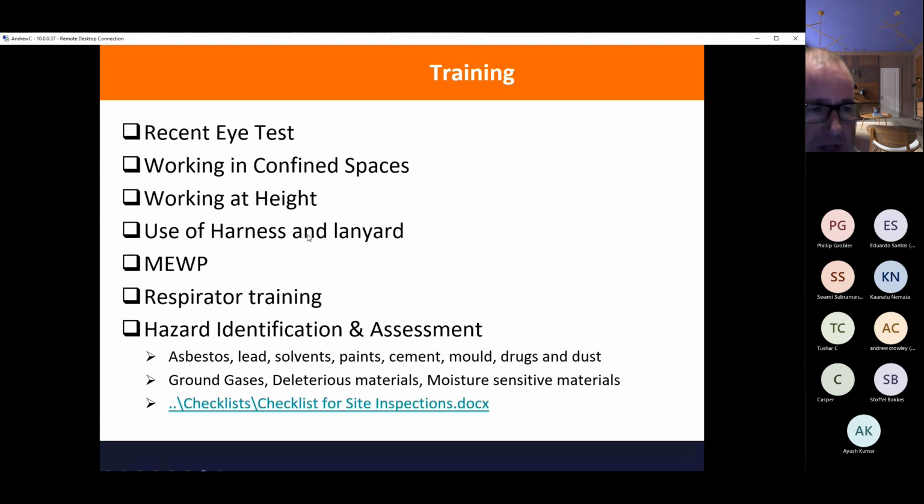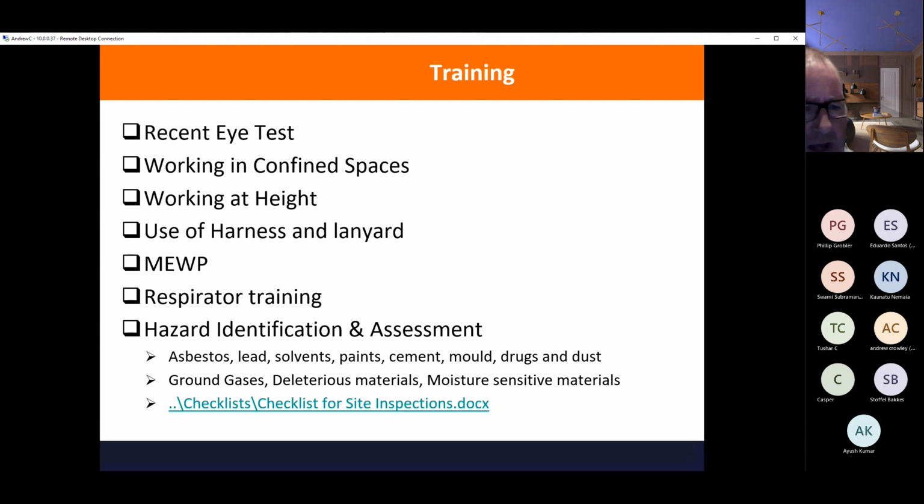And you need to be aware of hazards and how to identify them. So what common hazards are you likely to see in your investigations? Well, the first obvious one is going to be building materials like asbestos, lead, solvents, paint, loose cement. Mold is a hot favourite in New Zealand, and in particular black mold, which happily grows on timber and plasterboard here, and even unusual dust and rogue drugs as well.